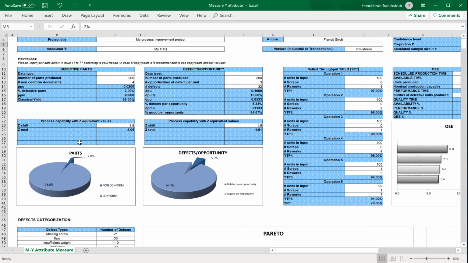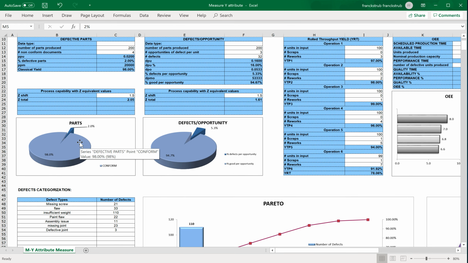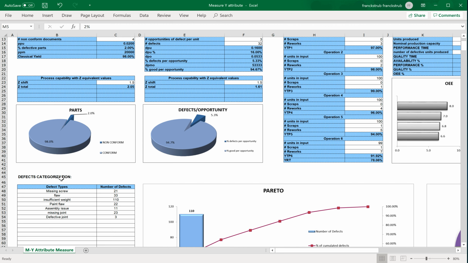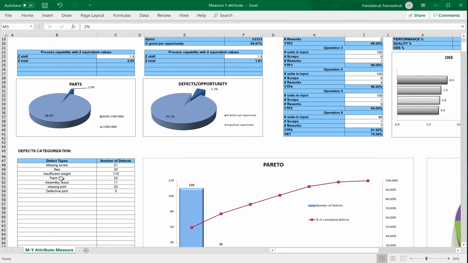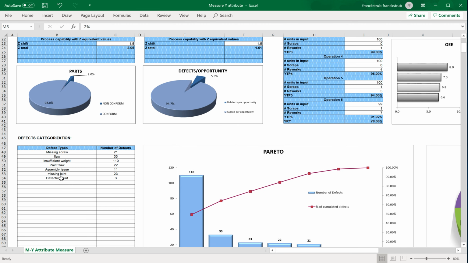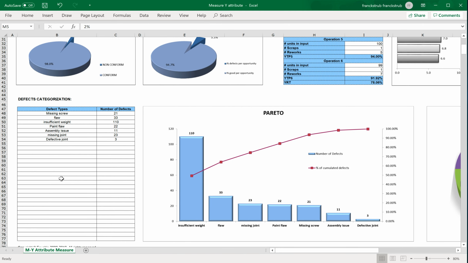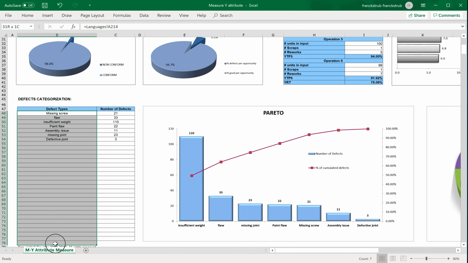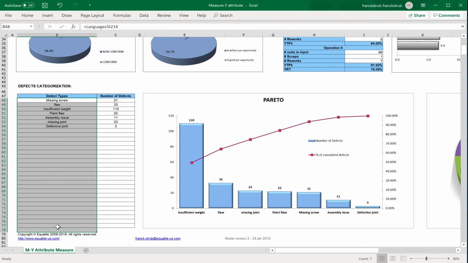Last tools, you will be allowed to categorize your defects with a Pareto chart, and here you can enter at minimum 30 categories of defects.